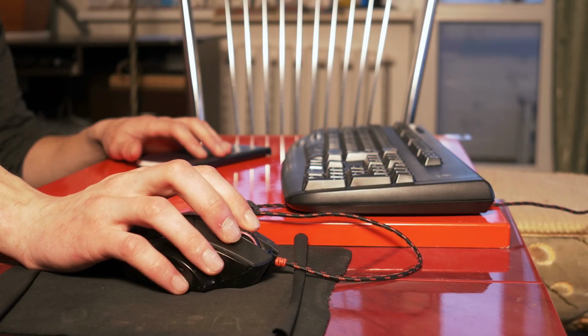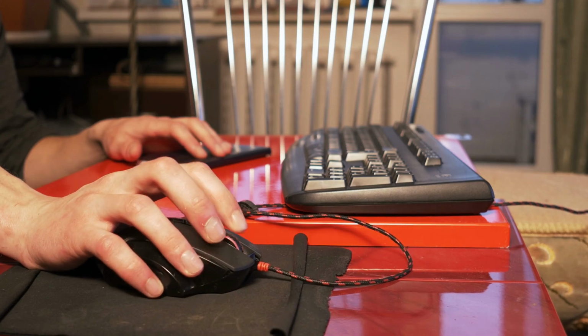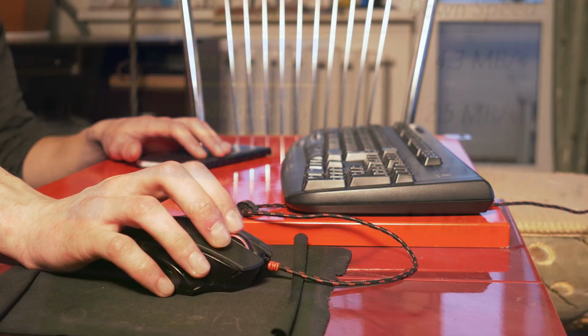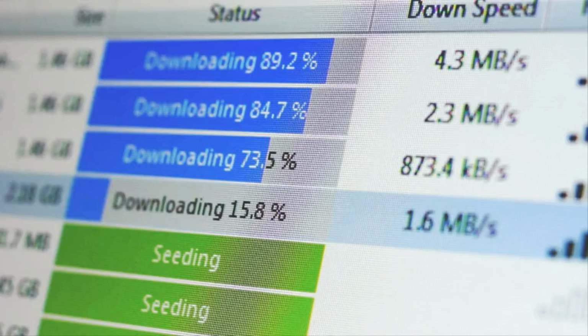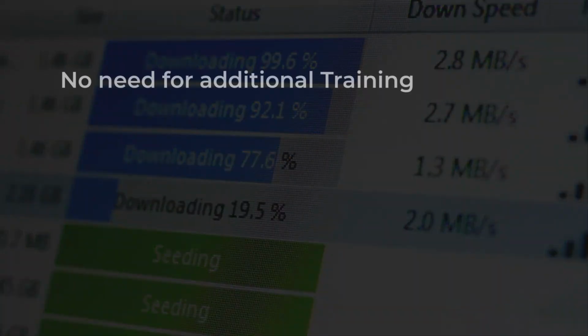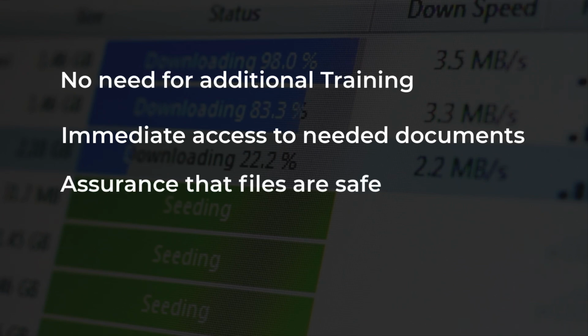Because CDR does not quarantine most suspicious files and messages, it helps maintain productivity. Security measures are often criticized for hindering user experience, leading to frustration or attempts to bypass protocols. CDR addresses this by delivering sanitized files that look and function like the originals, instead of simply blocking suspicious email or files. Users can continue their tasks without interruption, with no need for additional training or changes in workflow, immediate access to necessary documents without waiting for lengthy scans, and assurance that files are safe, enhancing user confidence in